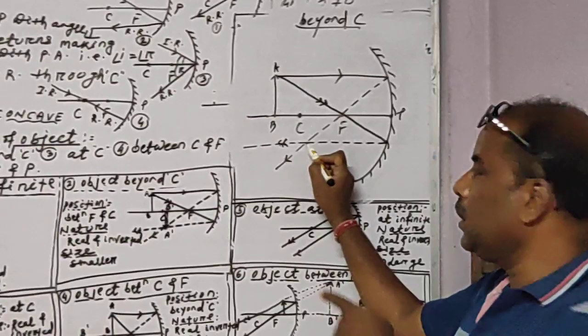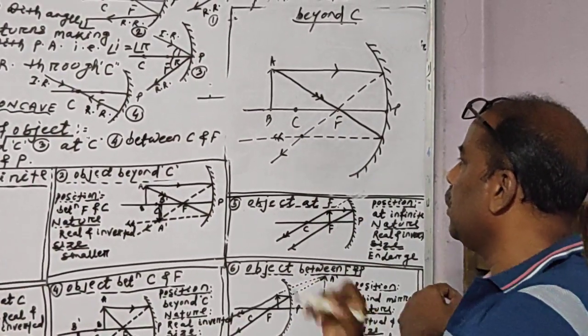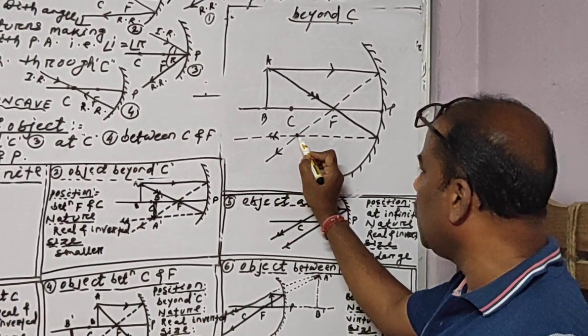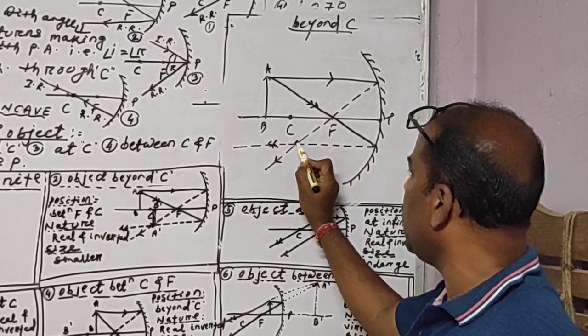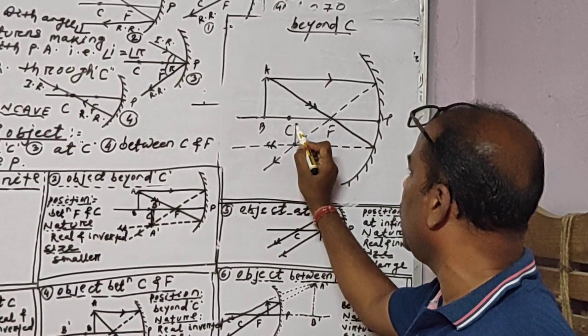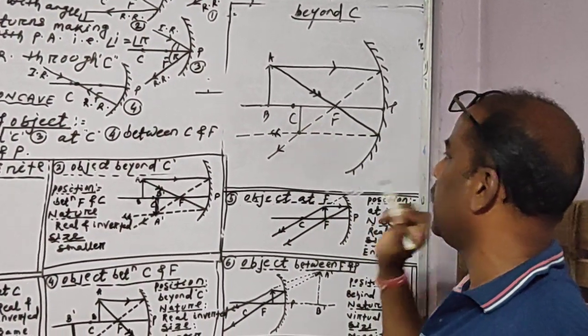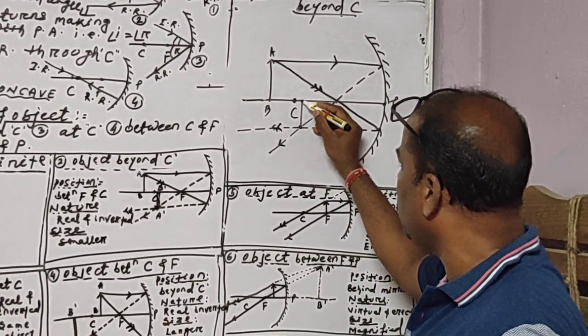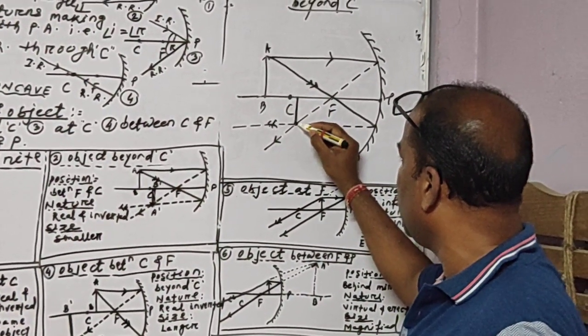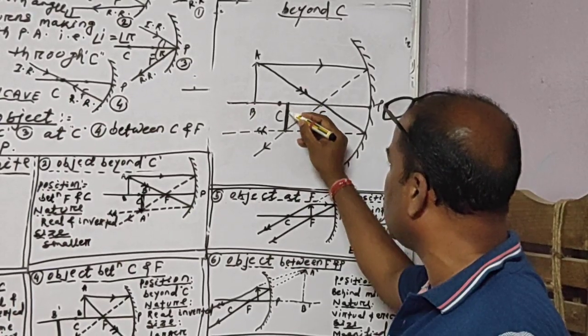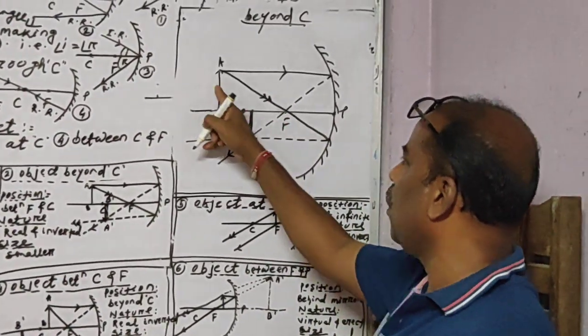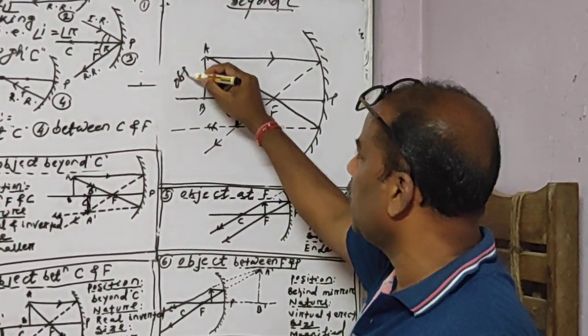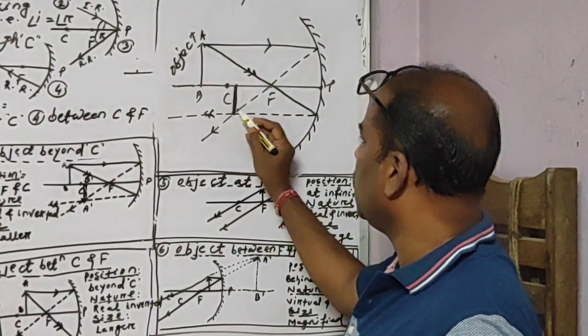You can see this is the intersecting point. You have to notice the intersecting point, and from this intersecting point, you go straight, perpendicularly, to the principal axis. Take the line, just make it a little deeper so that you can recognize your image properly. Now this is the object. This one is the object. This one is the image.